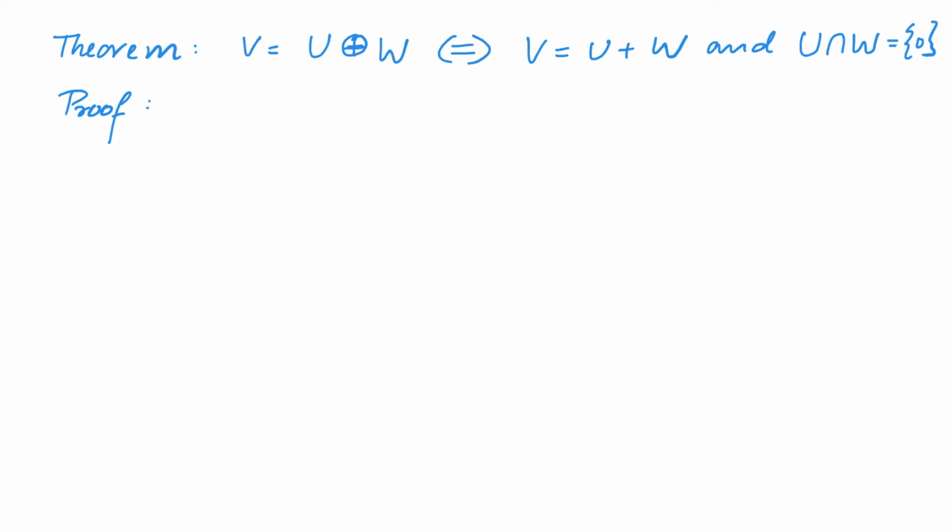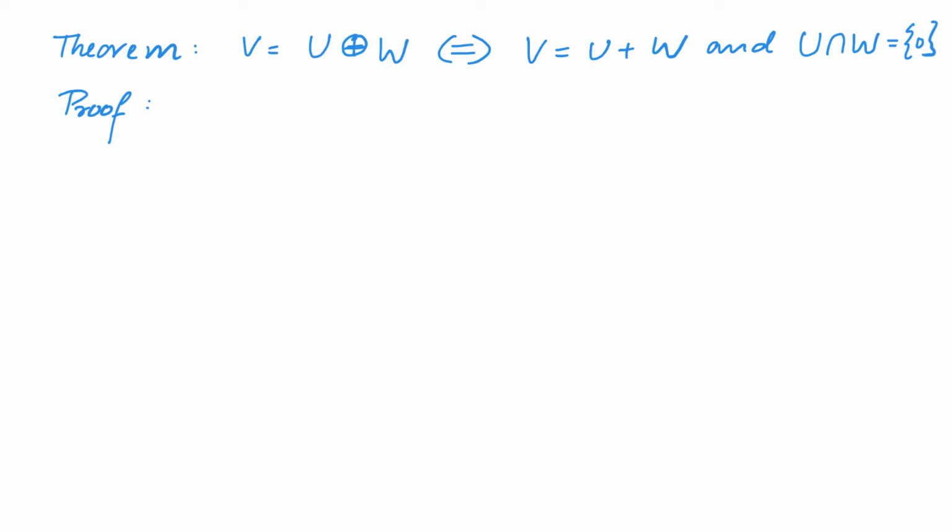We can further simplify this if n was equal to 2. In other words, there are only two subspaces U and W. In such a case, by the previous theorem, we know that V is the direct sum of U and W if and only if V is equal to U plus W and 0 can only be represented in one way as a sum of u, an element in capital U, and w, an element in capital W. Now the second condition can be further simplified, and thus we have the theorem: V is equal to U direct sum W if and only if V is equal to U plus W and U intersection W is the singleton set 0. Let us look at a proof of this fact.